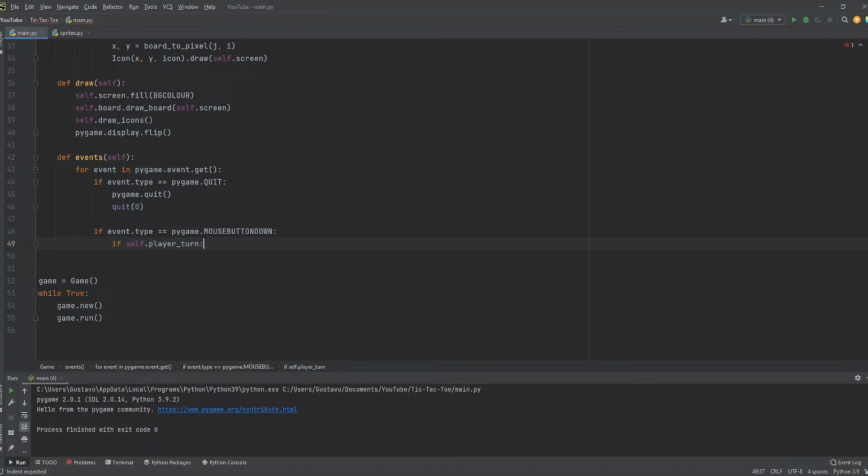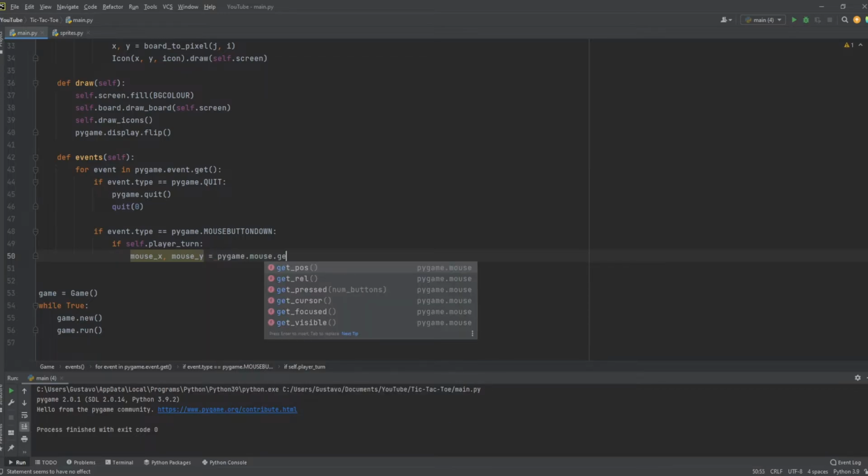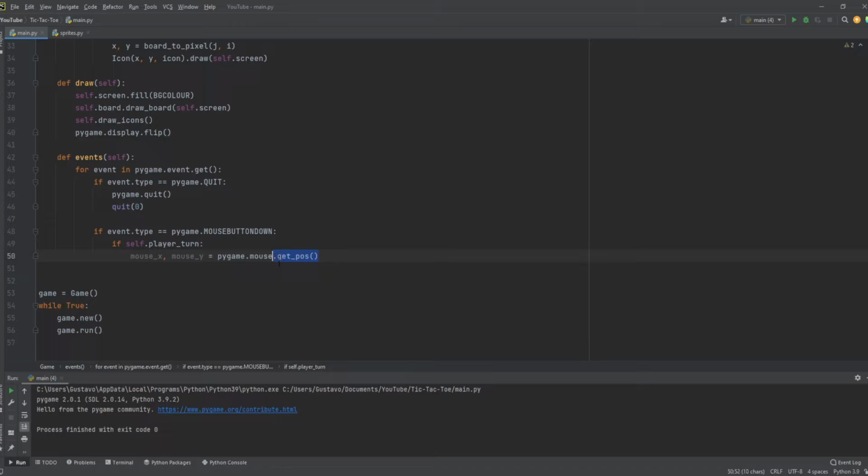Okay, so now we'll see. If it's our turn, because the computer is not going to be clicking on the screen, obviously, it's just the player who is going to be clicking on the screen. So if it's my turn, then we'll take mouse_x, mouse_y equals pygame.mouse.get_pos. This get_pos function returns a tuple which contains the X and Y coordinates of the mouse whenever we click down. It's going to record those coordinates,